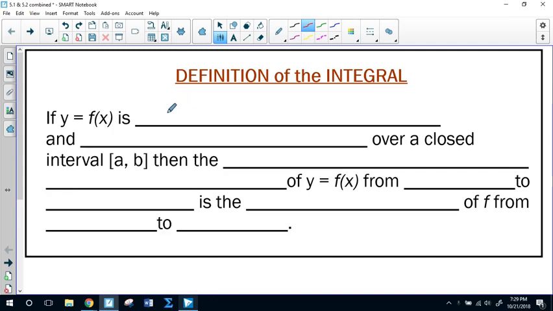So an integral is, as we've been talking about, like yesterday, we were talking about area, how you're finding area. An integral is a way to find area. So if a function y equals f of x is non-negative, and integrable, which basically just means can be integrated, over a closed interval from a to b, then the area